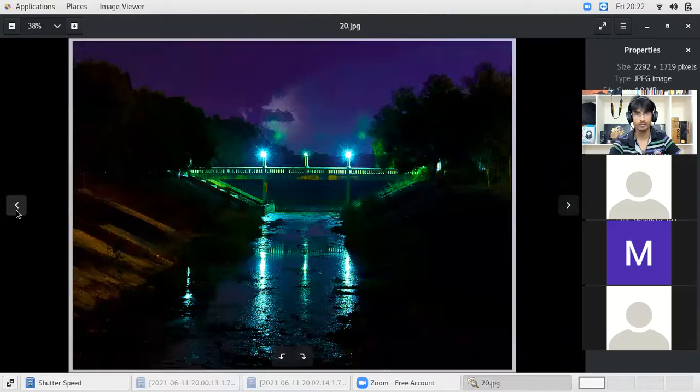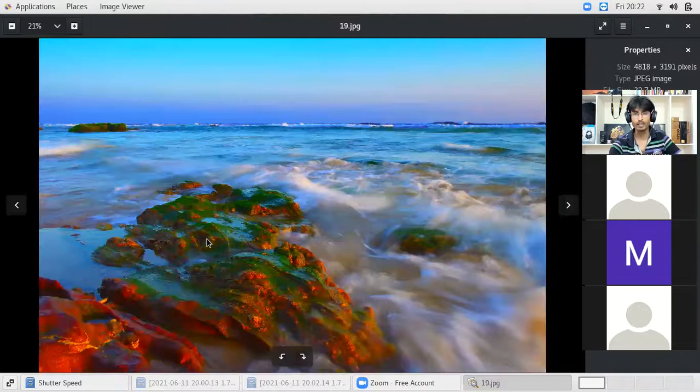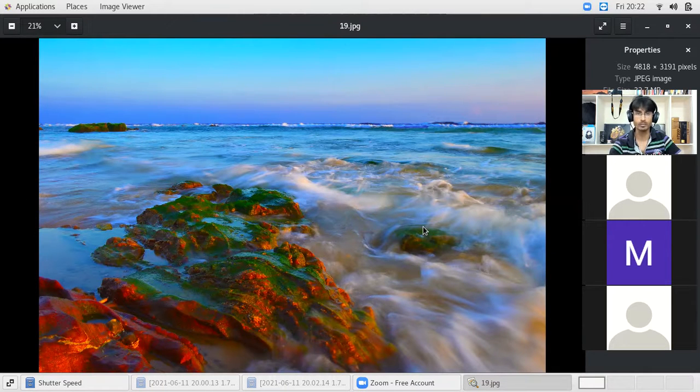In the reverse way, let us say I don't want to capture each and every frame, but I want a smooth effect. See this type of photo, if we normally see the beach, the water will not be this smooth. So what we can do, we can do it the reverse way. We can go for a slower shutter speed, so that will give us this type of effect. This photo is shot with a shutter speed of 1/5 of a second, just 1/5. Earlier we were discussing slower shutter speed. So this is one example of how a slower shutter speed can be used to achieve the desired effect.